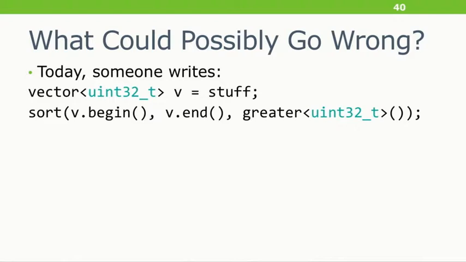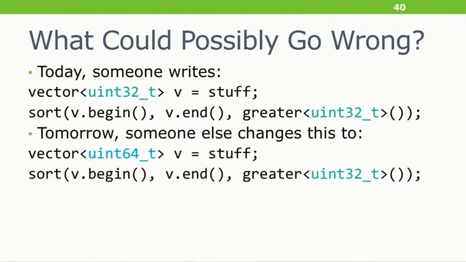Who can guess what would go wrong here? The highlighting? Does the highlighting help? OK, somebody has guessed. The problem here is what if the code is updated inconsistently? For example, somebody modifies the vector. Maybe they need larger IDs or something. And they say, OK, I need a vector of uint64_t. But then they missed the sort call. Maybe it's in some other translation unit. Maybe their IDE lookup didn't find it, or whatever. Or maybe it was a typedef and their grep didn't find it.